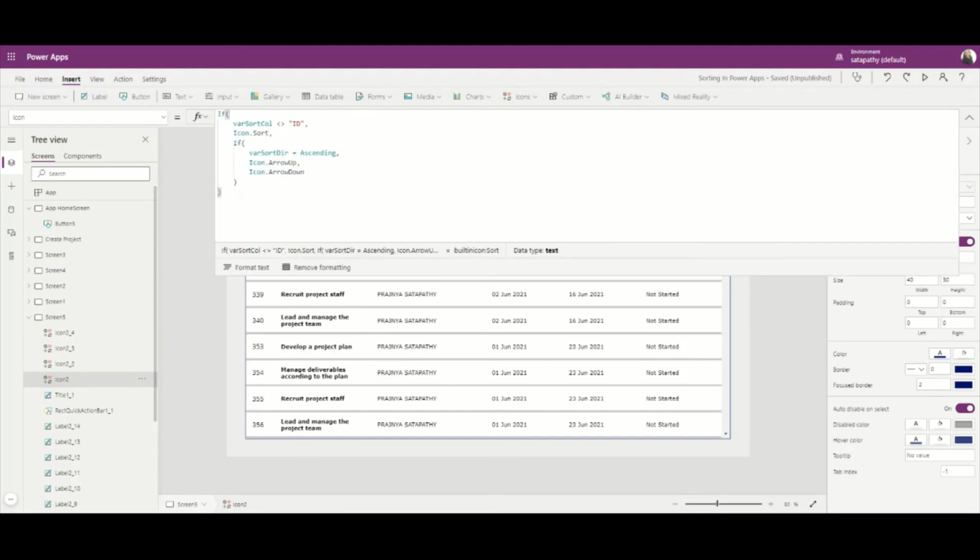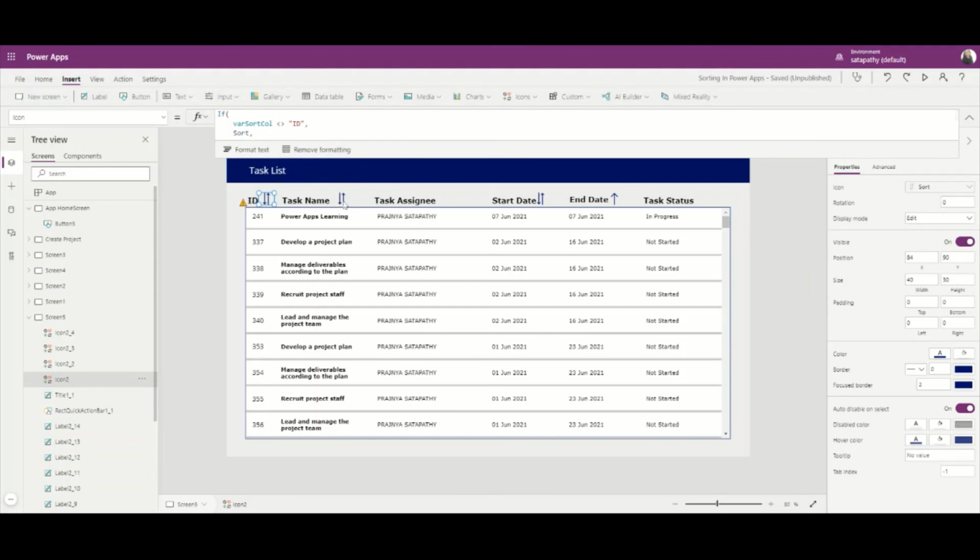The formula is: if the variable, that is varSortColumn, is not equal to ID, then we will have Icon.Sort, and if the sort direction is equal to ascending, then we will have the arrow up icon, and otherwise the descending will be the arrow down icon.